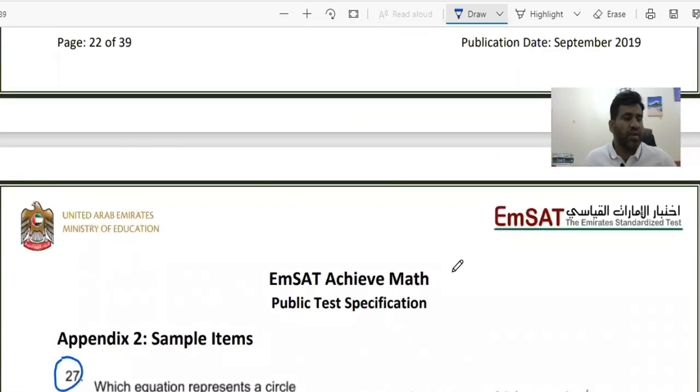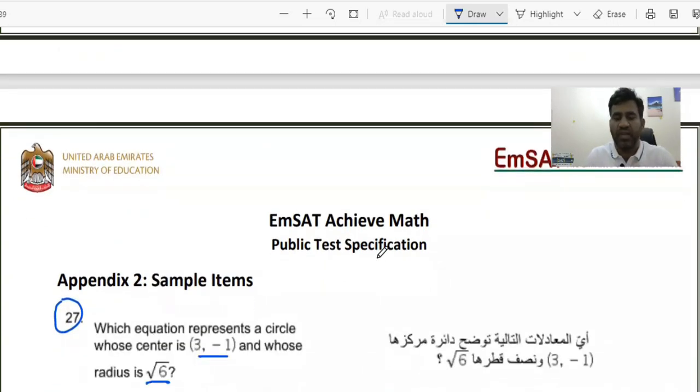If you know and remember it, that's well and good. You can just substitute the values of the center and the radius and get the answer. But let me tell you how we derive it. I can help you with the derivation as well, so it will be easier for you to understand.